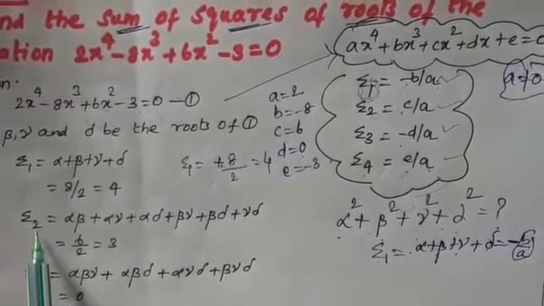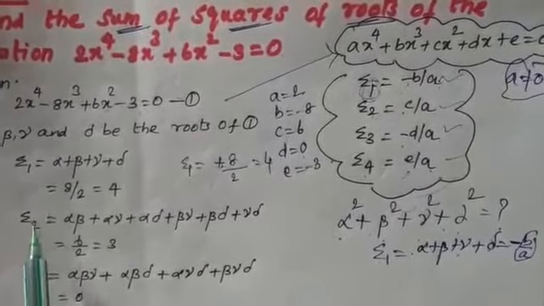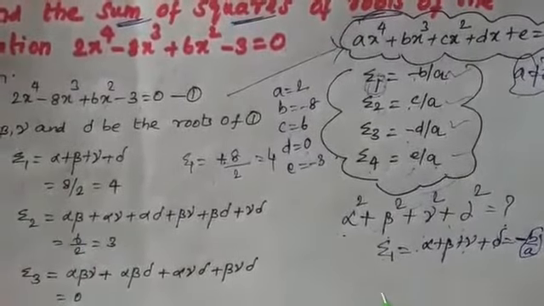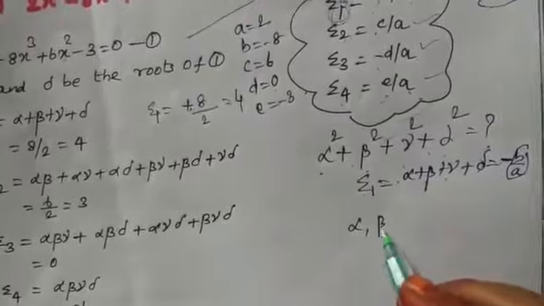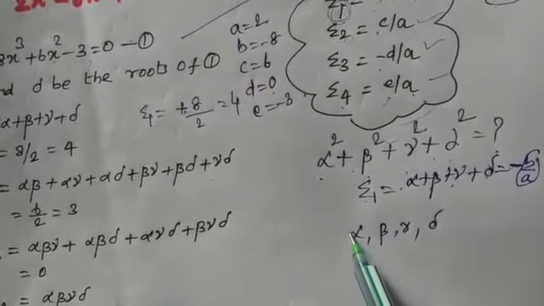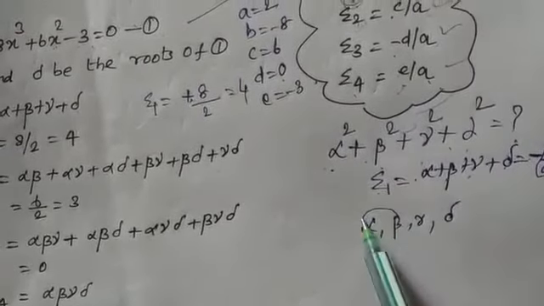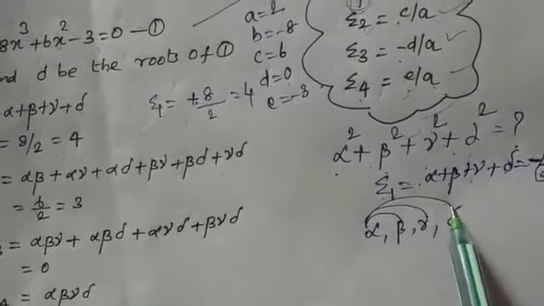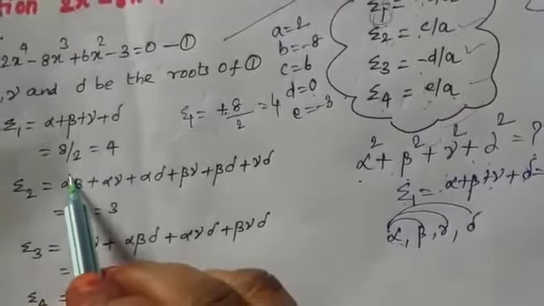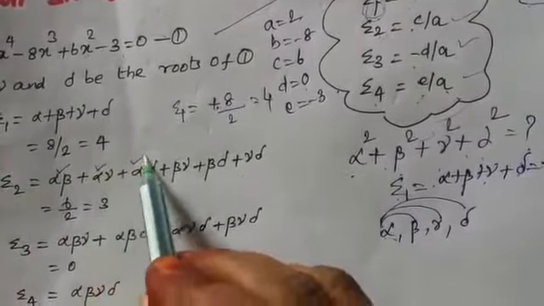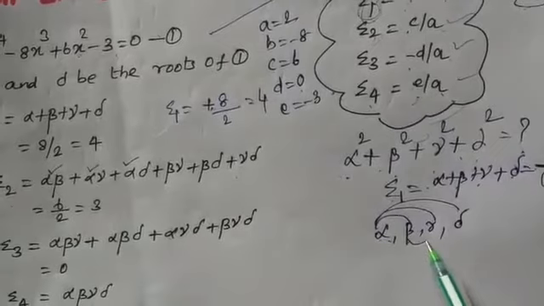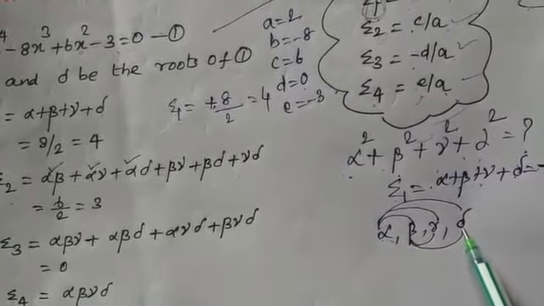Sigma 2, we know clearly that 2 I have written. So by taking two roots at a time, we have to add everything. So two roots at a time, in the sense, just listen, alpha, beta, gamma, delta. What are the possibilities? First we are going to start with alpha. Alpha, beta, alpha, gamma, alpha, delta. So when you are starting with alpha, three possibilities are there. So listen, alpha, beta, alpha, gamma, alpha, delta, over. So next I am going to start with the beta. What are the two possibilities? Beta, alpha, beta, gamma. Only two possibilities are there.